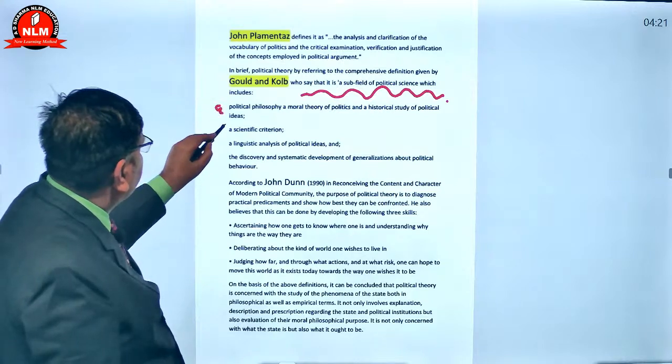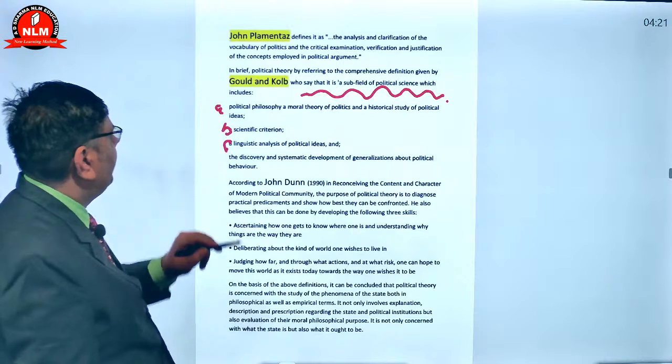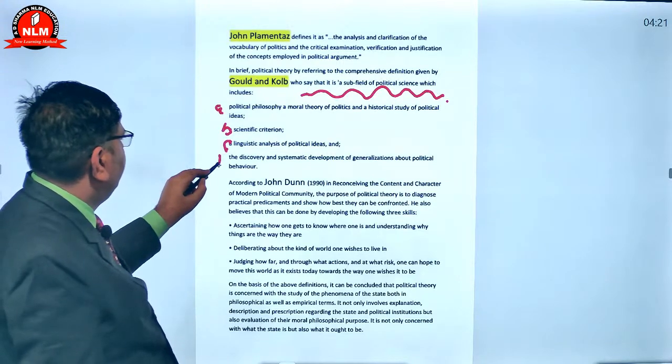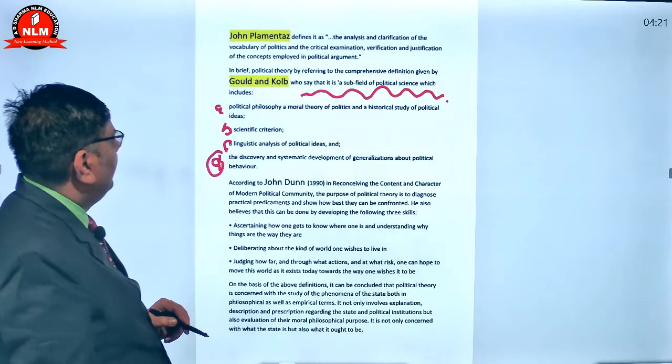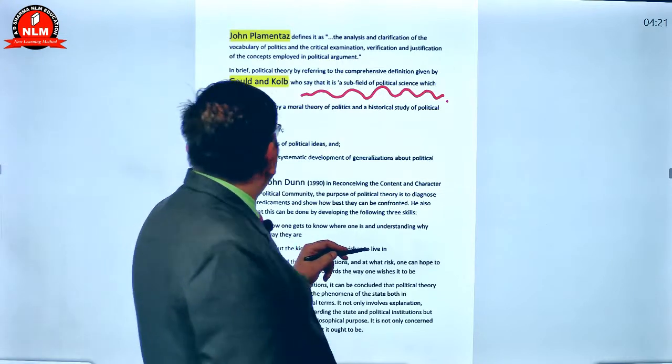B, scientific criteria. C, linguistic analysis of political ideas. D, the discovery and systematic development of generalization about political behavior. It means Gould and Kolb